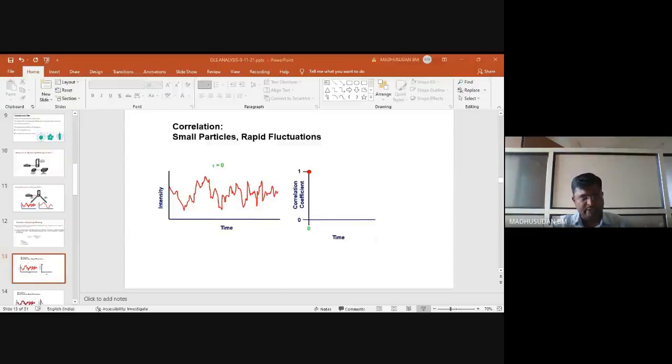Generally, we prefer 10 to 20 seconds per sample, but if you keep the sample for a longer duration, the fluctuation of the intensity may vary from 1 minute to another. But it is preferable to keep the sample in the chamber between 10 to 20 seconds. So we'll take at least some 4 minutes of sample, that is tau 1, tau 2, tau 3 and 4. So this will be the correlation between this fluctuation intensity and the correlation coefficient plot with reference to the time taken, 3 minutes.